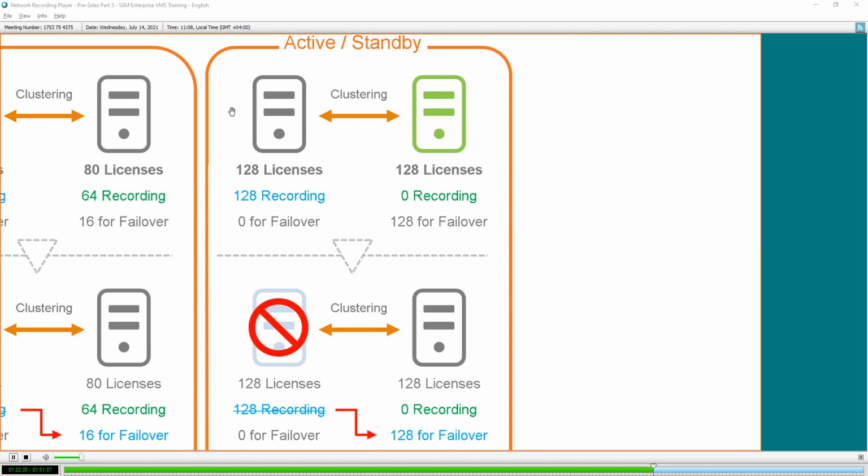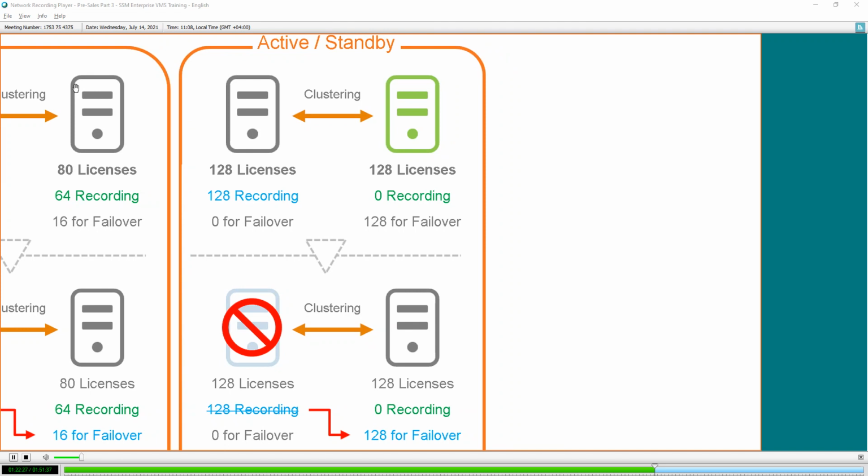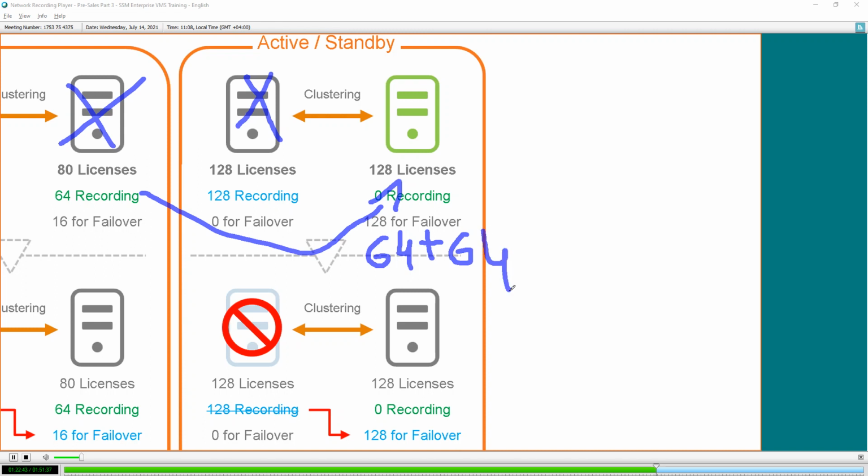Okay, it can take cameras from any of the active servers. Maybe you have here 80 cameras, 64 cameras, no problem. If this one fails, this 64 will get transferred here. Remaining there is 64, right? So even if the second one fails, the balance 64 will be used up. Okay, so from here 64 will be left. It will not be failover. So it supports multi server failover. There's no limit on that. You can have one more.